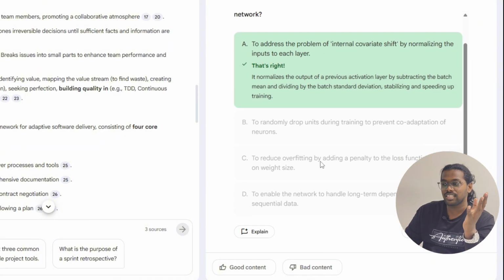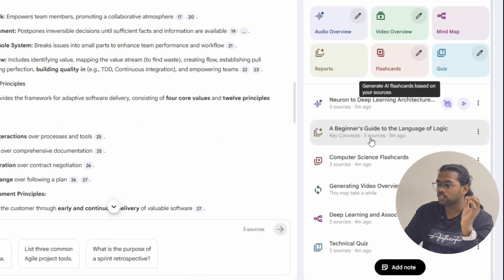So like that, you can test your knowledge after you complete studying, or if you're working on your project. This helps you a lot. Okay, and now let's close this and let's look at the